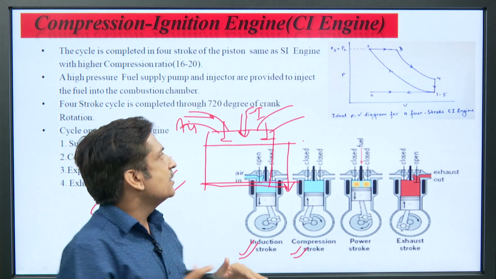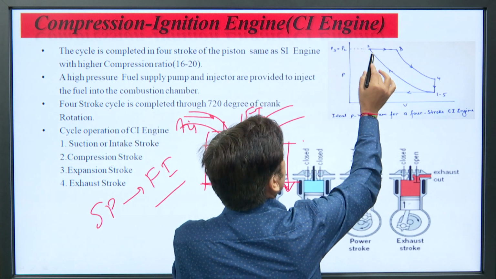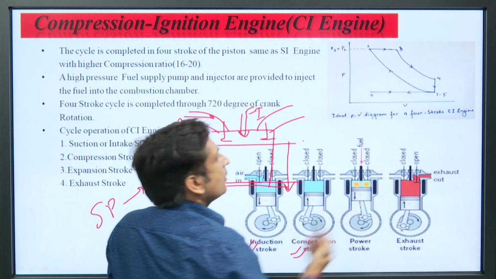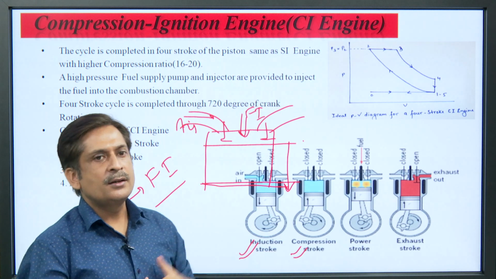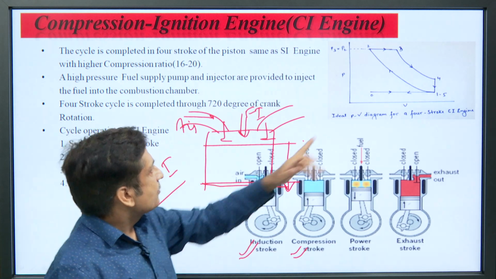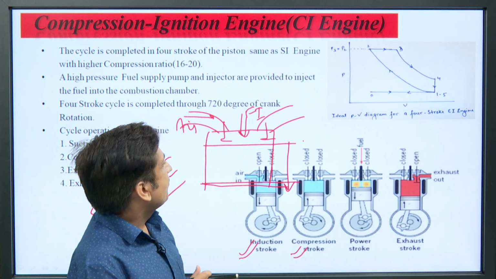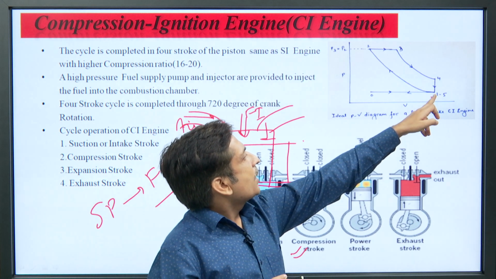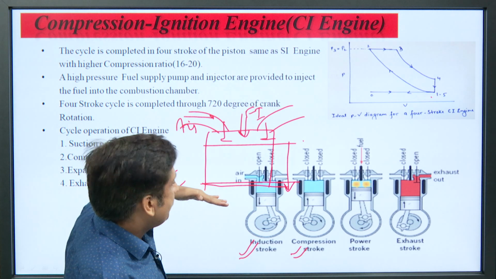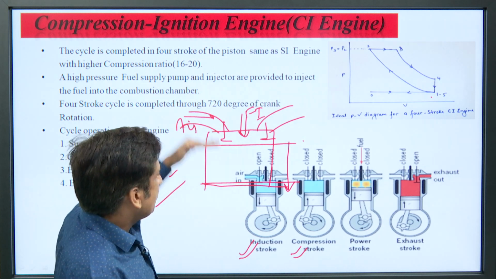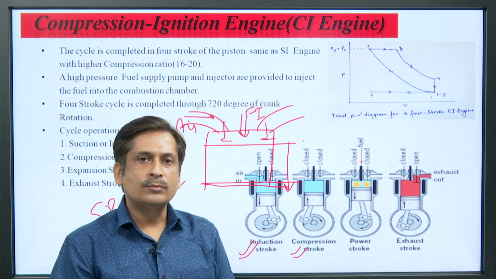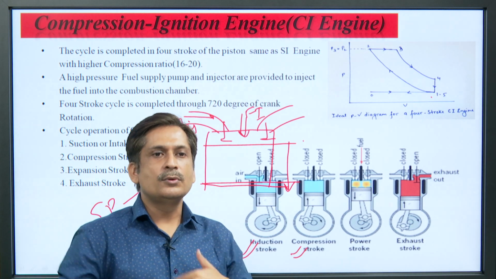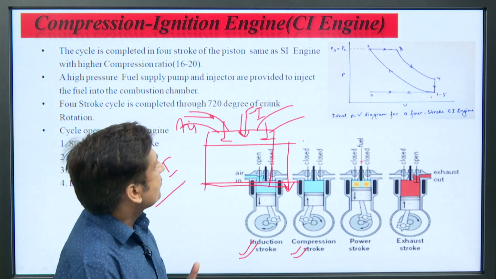At the same time we are injecting as well as burning, that is why the volume increases and the piston starts moving. At point 3, when the complete fuel is burned, the expansion process starts. So, 3 to 4 is the expansion process, then suddenly the pressure drops, that is the exhaust process. After the piston moves in the upward direction, we are able to push the burnt products outside to the surroundings.